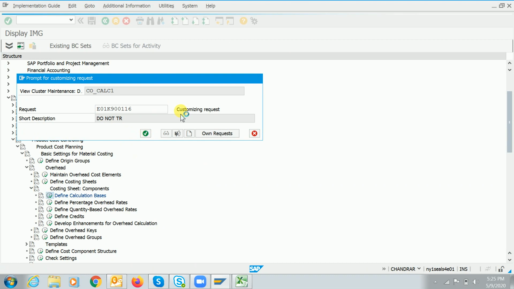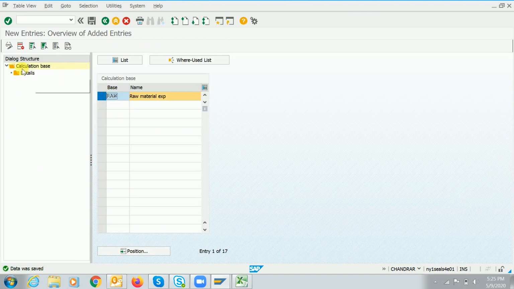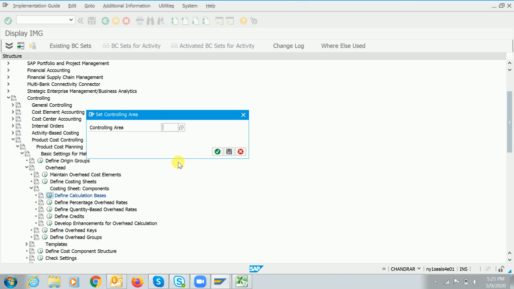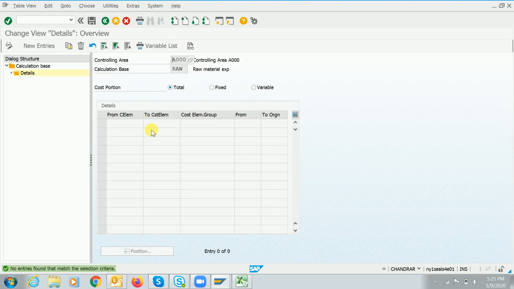Then you have to maintain, whatever we have maintained, raw material expenditure. This is a layout, guys. Inside we have to maintain on what basis the system has to identify the base.